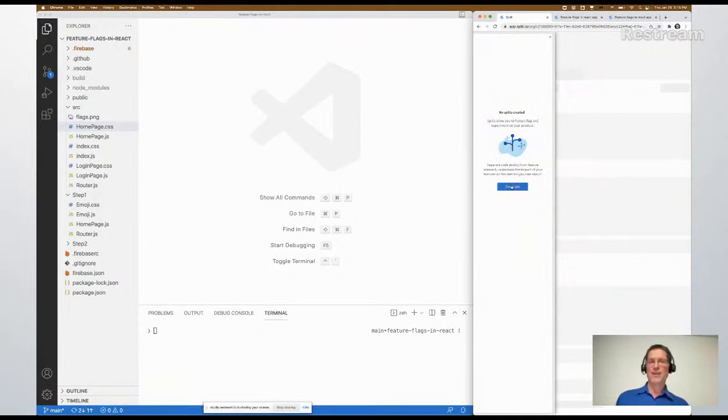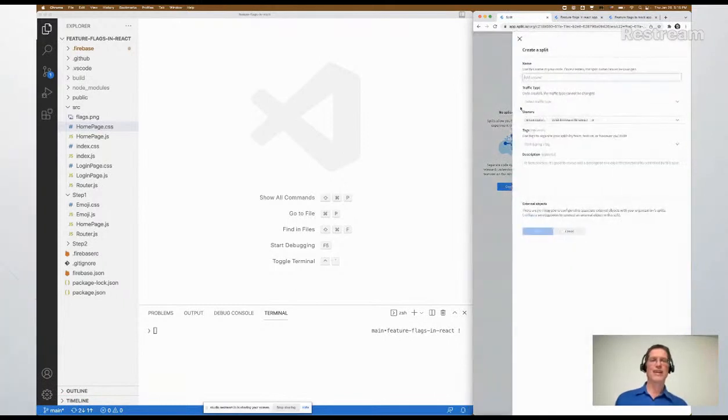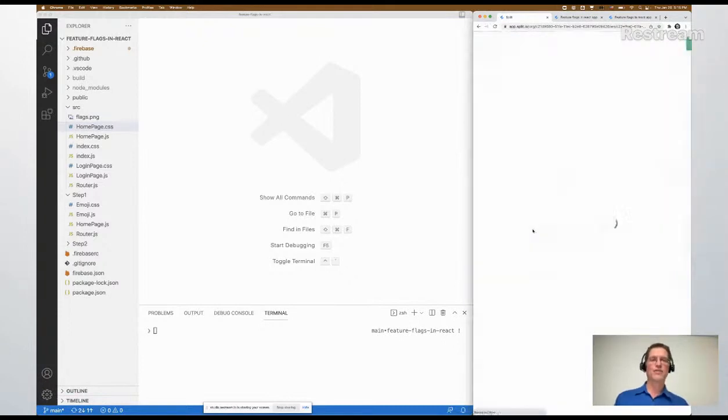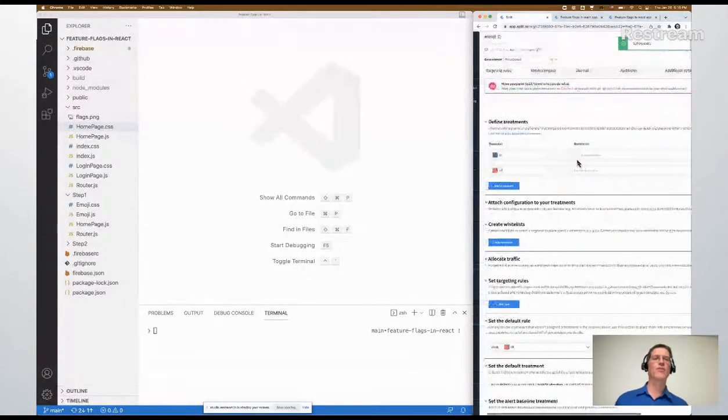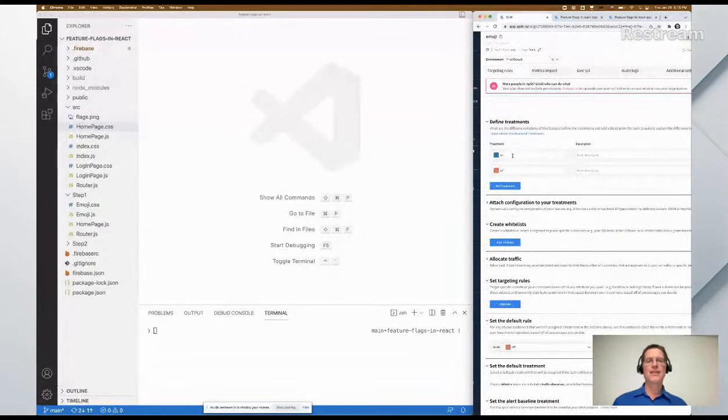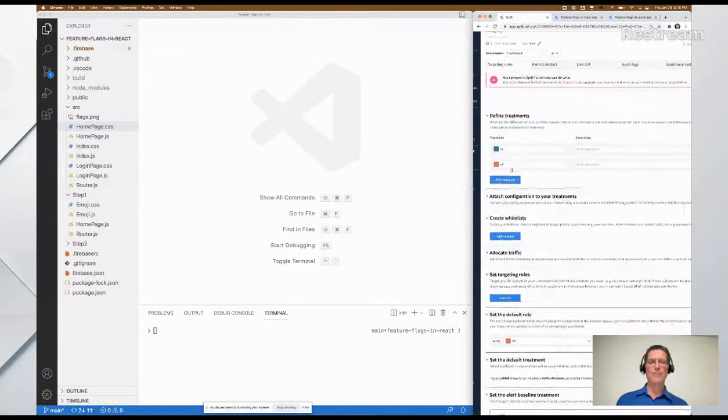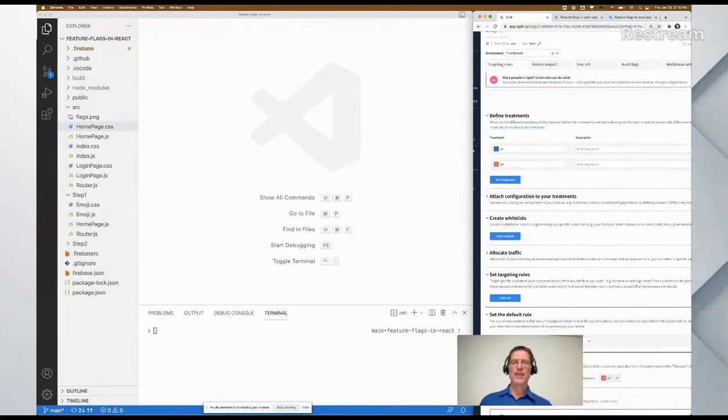in this case, I'm going to use my company's feature flag system here. You can come here and create a feature flag. We call it a split. And I'm going to call this emoji, because I can't type emoji. And now I've created my basic feature flag, and I'm going to set it up so it has some rules associated with it. And you can see here, this says that my feature flag has an on and an off version. The on is what I will use to show the new version, and the off is without that new feature added. And you can see down here, our default rule says that by default, everyone's going to see the